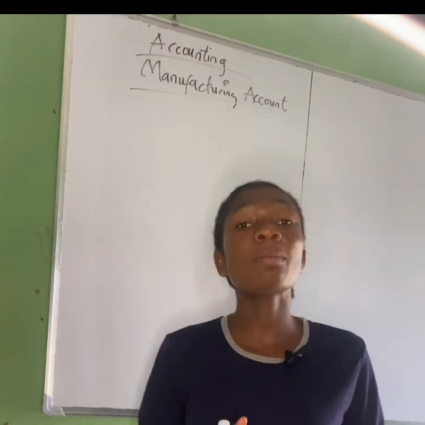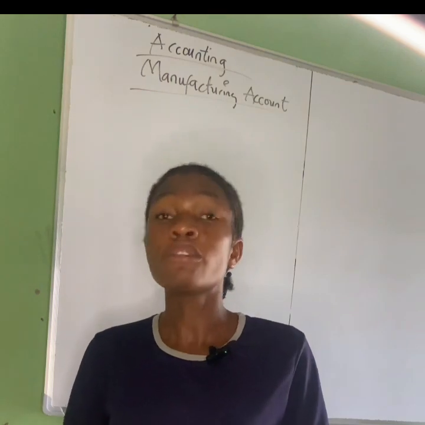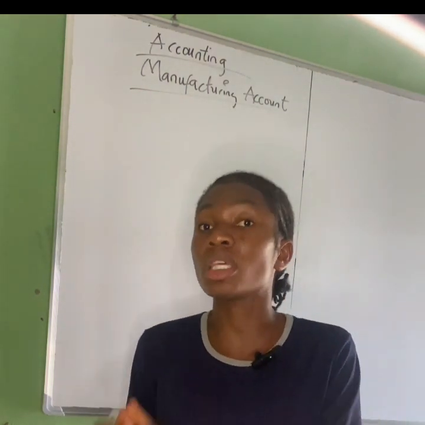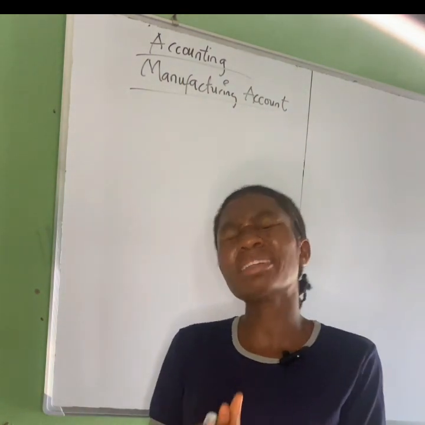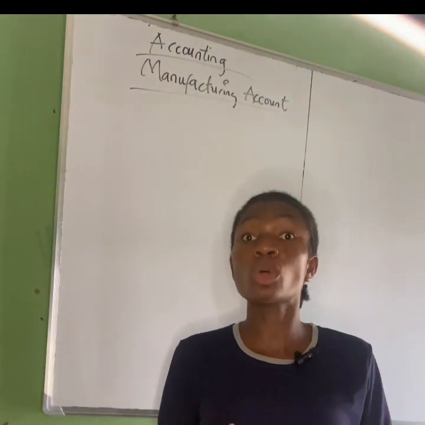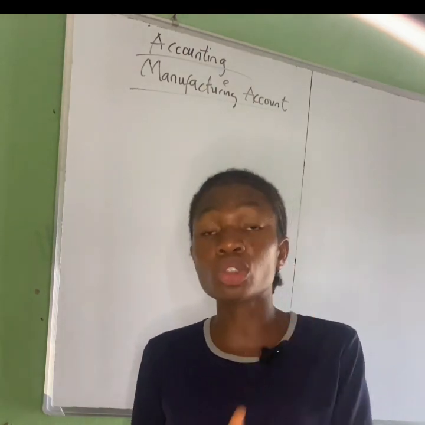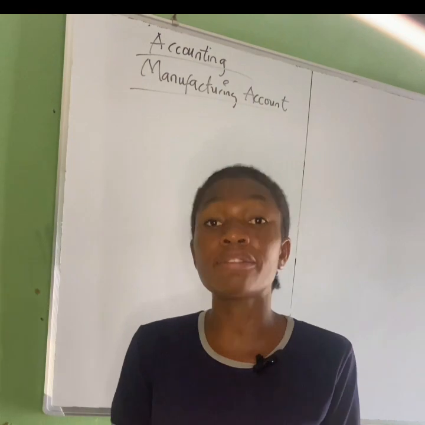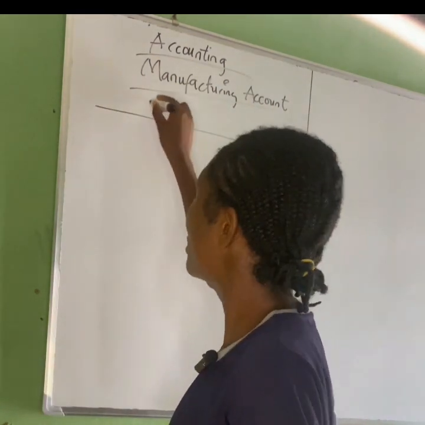account. The format is a bit similar to a trading profit and loss account for a business that buys goods from outside to sell, a business that buys goods outside for resale. It's a bit similar, although in this case we don't buy goods from outside. What we have is the cost of production, because we produce the goods we want to sell in our factory. So our format, like we always do, starts with the name of our business,